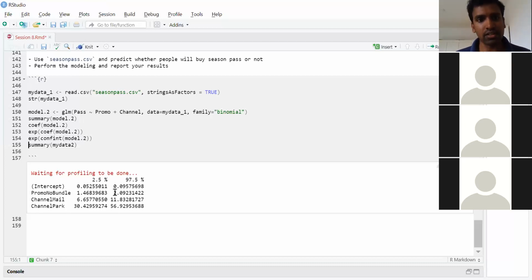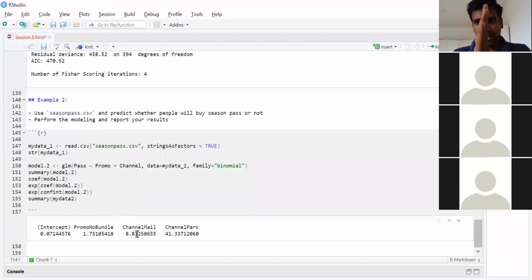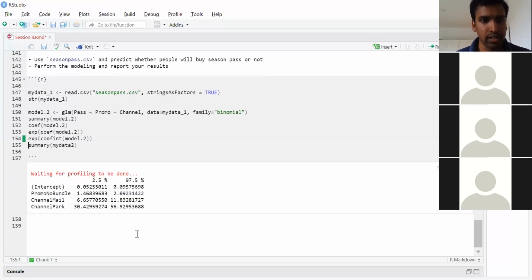Okay, so this sort of difference, the max and min limit of any parameter, is captured with the confidence interval. Okay, and the midpoint of this confidence interval is what we get from the exponential coefficient model. And from here, how low it can go and how high it can go is captured by this confidence interval. So what is 2.5% here? 2.5% is the